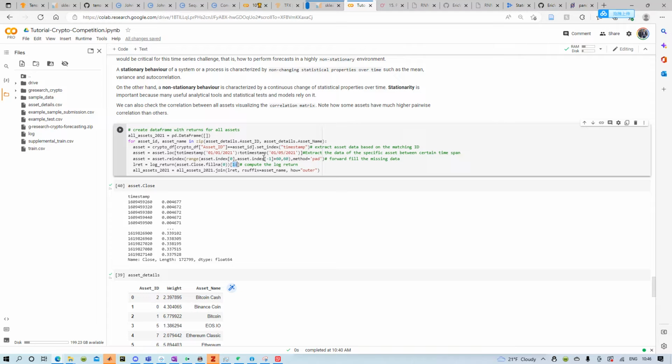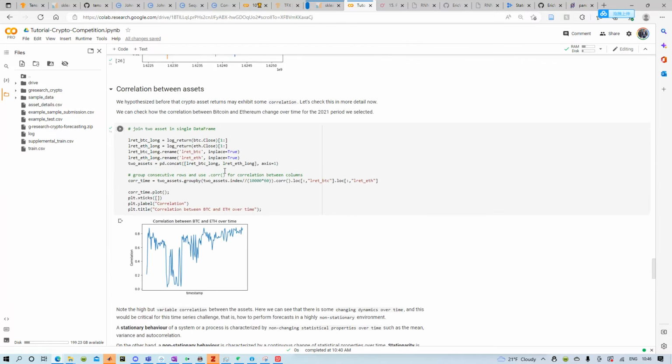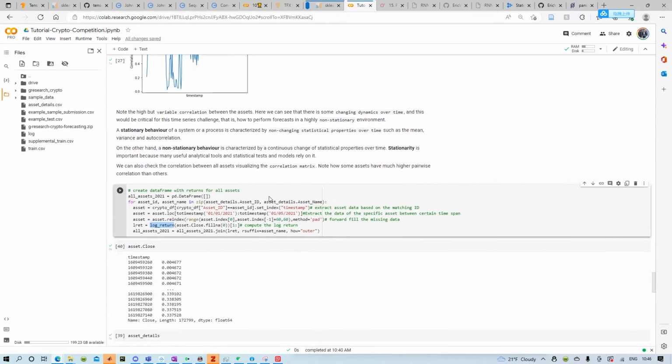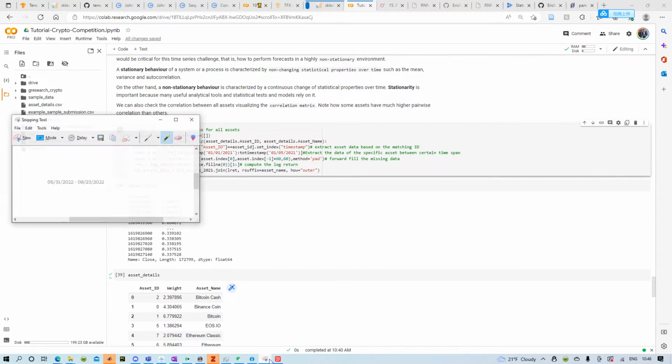We threw away the first data just because when you compute the difference, this log return computes the diff, and the first data site in a data series